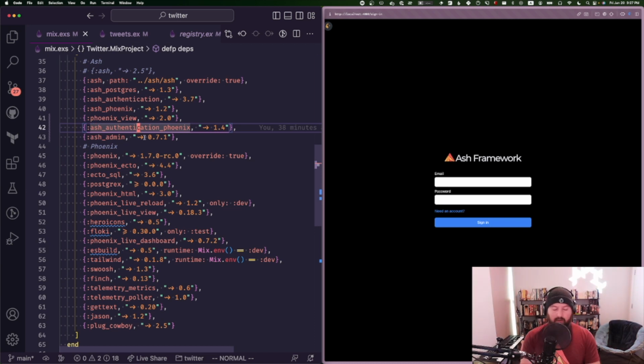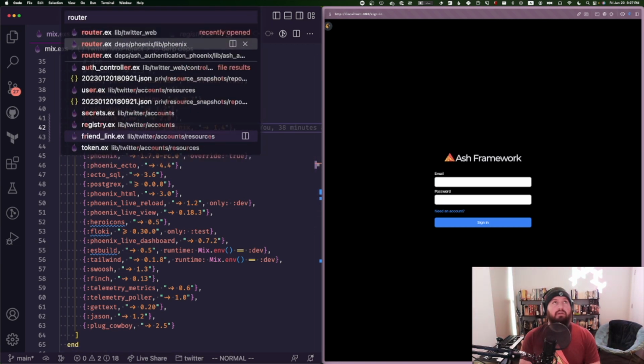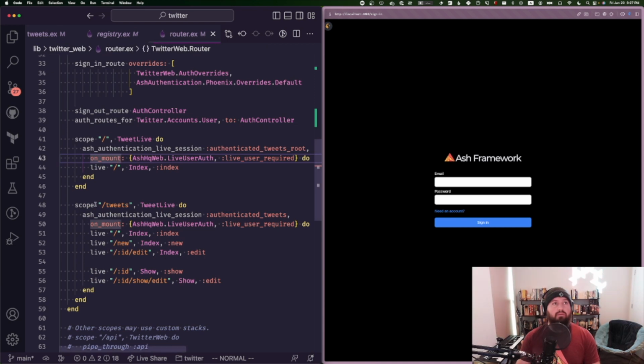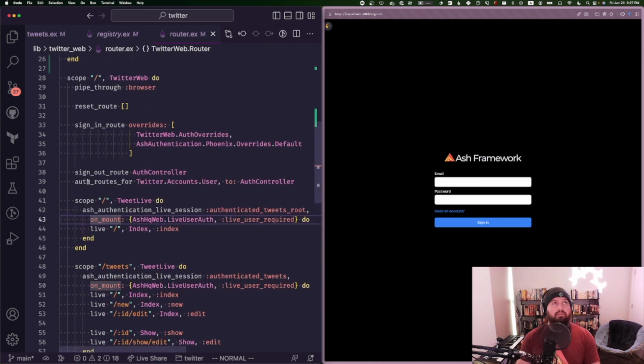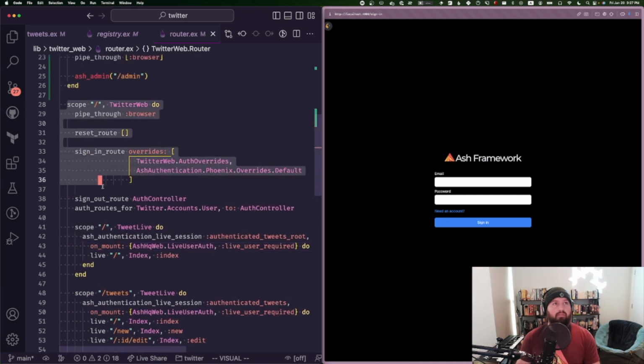And then in our router, let's see if I can find the sign-in route. You copy this stuff into your app and you say there's a password reset route, there's a sign-in route. This is just given to you by the tutorial, you drop it in and this will construct everything. And this sign-in route actually comes from